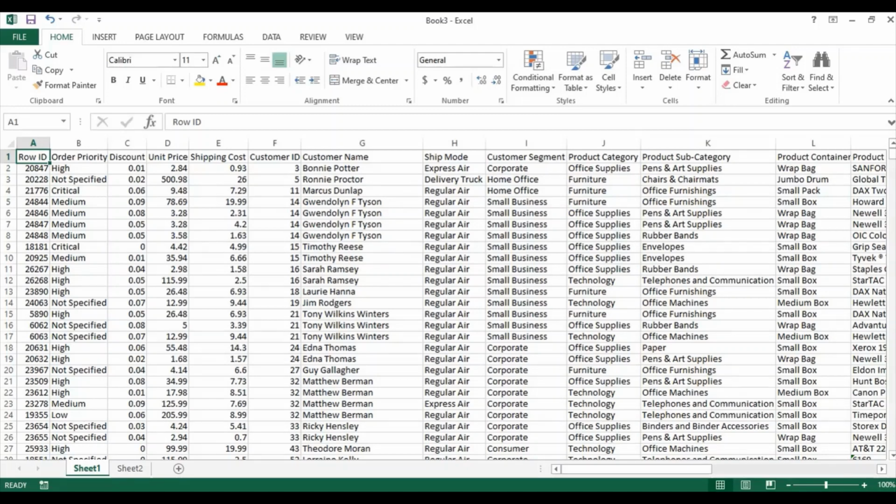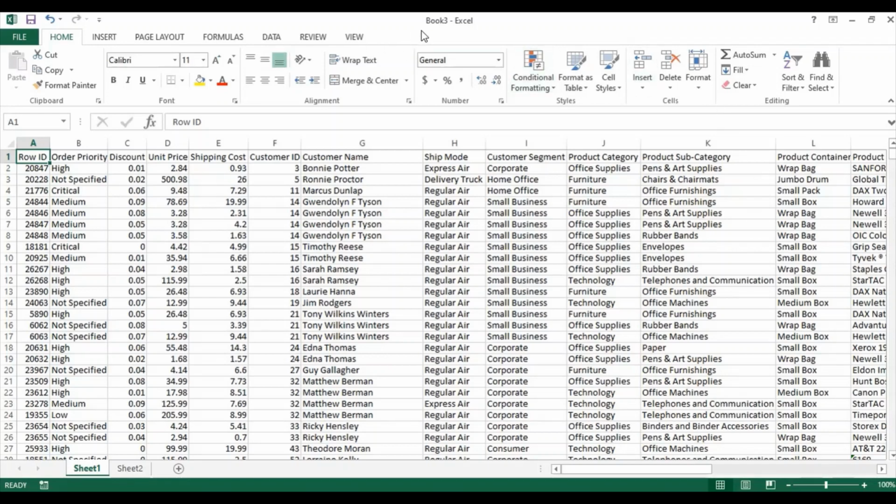So in today's video we're going to talk about macros in Microsoft Excel. If you have tasks in Excel that you do repeatedly, like suppose you're making a report every single month and you have to repeat the same task every single time, macros will help you in automating those tasks. So you don't have to do it every single time. Now I'll show you how we make macros and then we'll understand it better.